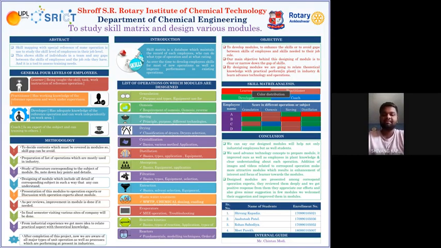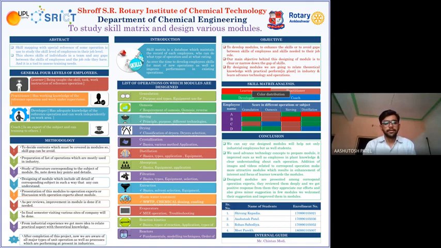Generally, skill mapping is done to examine or study the skills and the levels of the employees so that any gaps between the employee skills and the skills required for their job levels can be identified and, according to that, training can be done. In the introduction, we have the basics of skill matrix. A skill matrix is one kind of database which has a record of each employee, what type of work he can do and at what rating they can do it.